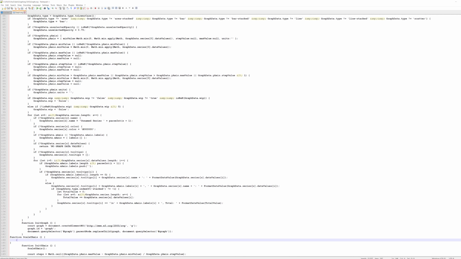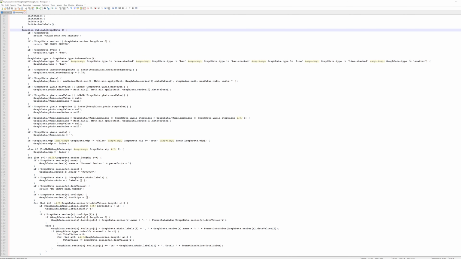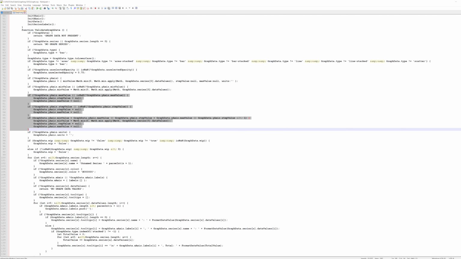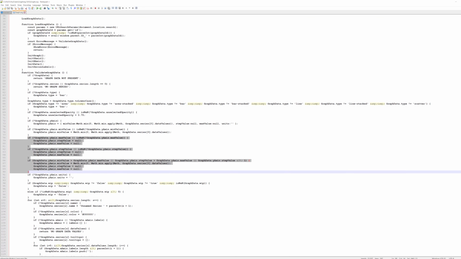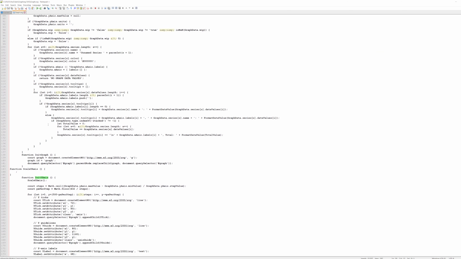First, a quick refresher. If I scroll up here to look at the validate graph function, recall that there's a few conditions here where we're purposely setting the step value and the max value to null. The intention is that when we call init y-axis, that calls scale y-axis, which is the one we're going to write today. And the intention is that the automatic y-axis scaling only happens if the step value, the max value, or both are missing. So we're going to start our function